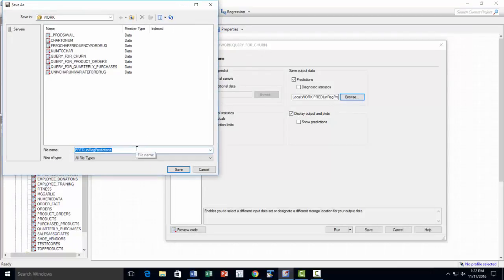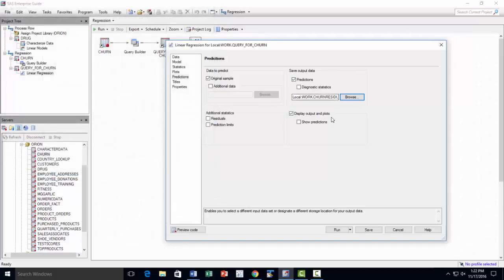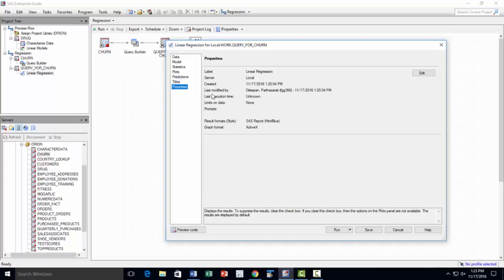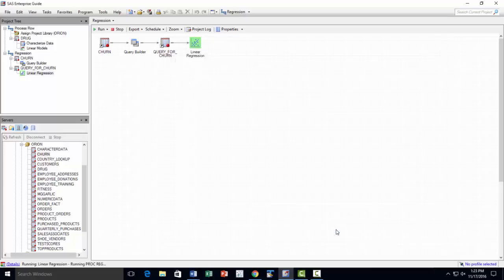So this is churn residuals, let's call it churn residuals. If you skip this part, then the residuals will not be saved, you will only get plots. Okay, that's good. So now you run,